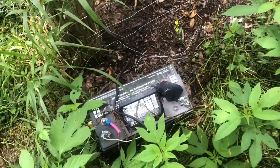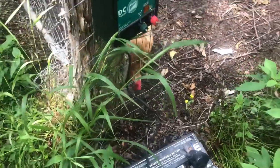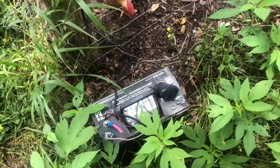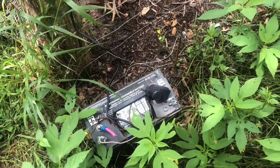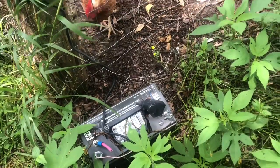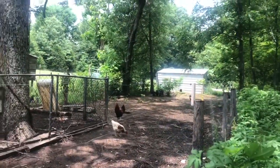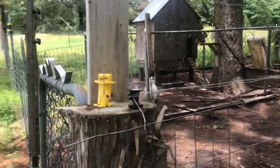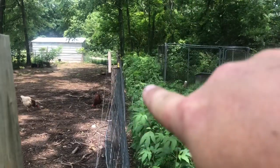Just got me a battery down here. Got 2 of them, and I charge the other one up on a battery maintainer, and I swap them out about every 2 weeks, just because I don't have a tester to test how much voltage I'm getting there. But basically I ran a strand on the outside of the fence,